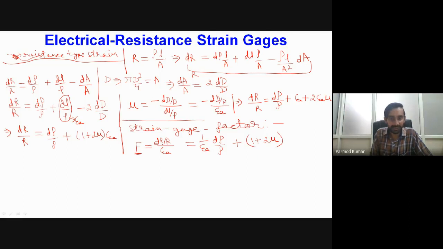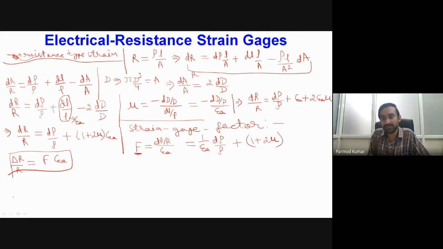Particularly, if you see from the definition, the change in resistance of the wire, delta R divided by the original resistance, is nothing but equal to F times epsilon A. Okay, so that is the main measure. So when we take a particular type of strain gauge, a manufacturer specifies the strain factor for that particular type of gauge, and that strain factor is used to relate the change in resistance of the strain gauge with reference to the axial value of the strain, which is obtained from a device.